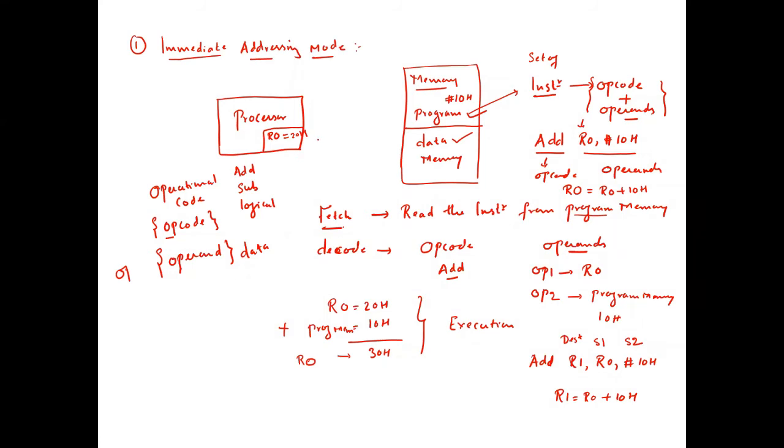The answer is yes. Why? Because if the other operand is available in the data memory, what happens? Now again, the processor needs to find out the address of the data memory. Where is that data located? It needs to generate that address. So if it needs to retrieve the data from the data memory, it will consume time to calculate its address, and then it needs to retrieve that data from the data memory. That is the additional time it spends in retrieval of data. So the immediate addressing mode becomes faster in execution.